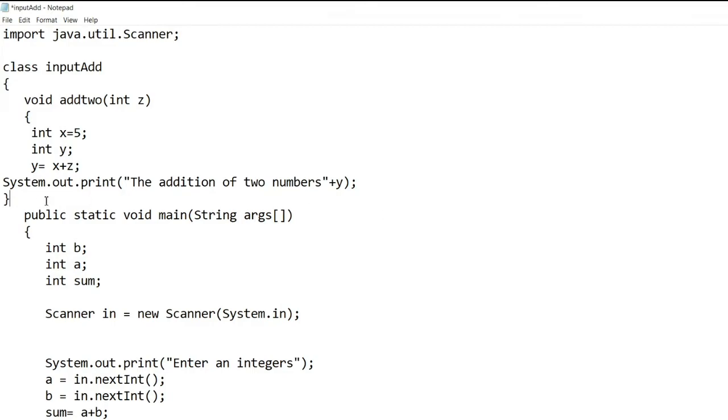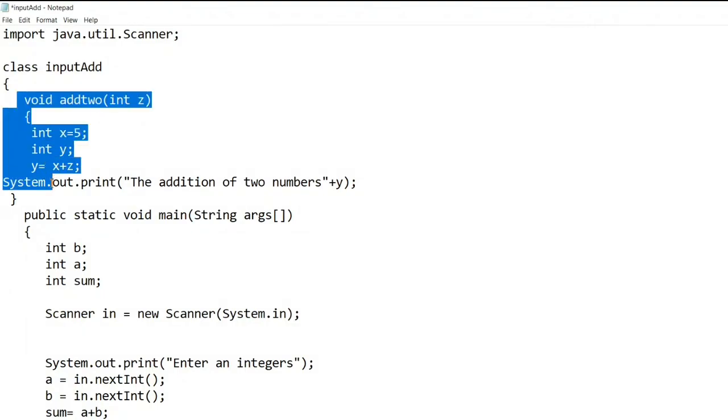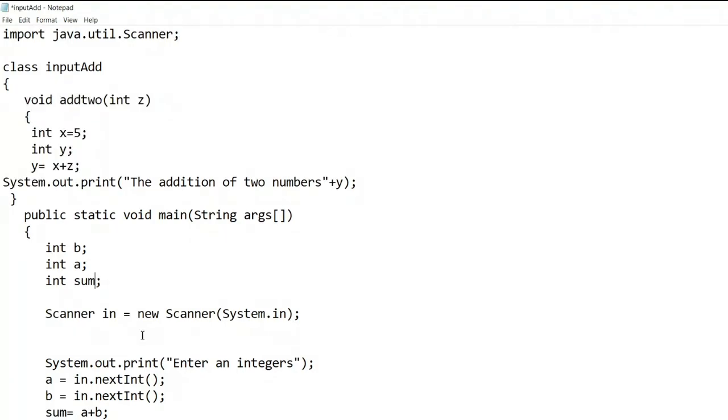So in this method, what I have done is, in the class input, I have taken a method void add. I have taken one value here. This is a method which is add of 2. In the public main method, I have defined this variable, taken some value, and it will just print and display the value.